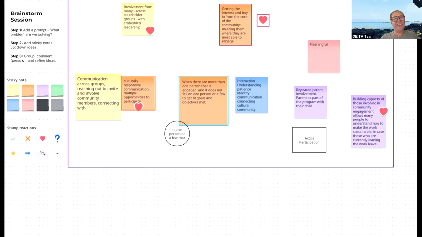Awesome. Thank you, everyone. We'll close that screen and get back into our technical assistance slides. I'm going to close that. There we go. Okay, and let me make sure, let me share.